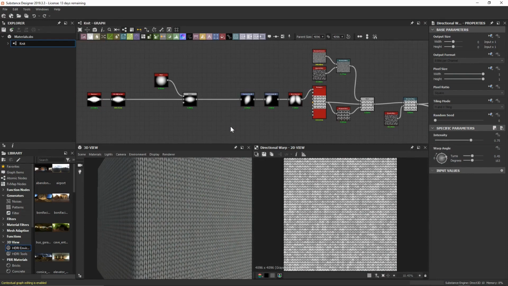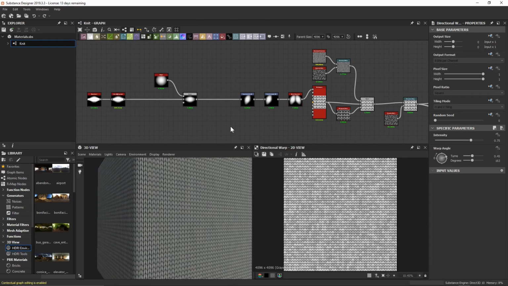And now with not too many nodes, we've gone ahead and created a pretty good looking tileable knit material, which we can use really anywhere we want. However, I've saved this part to the end of the video because it's going to highlight a couple different things. One, it's going to highlight that we can further go into creating more detail for these patterns. And two, it's going to show you that you don't need to create everything in a chronological order, and instead